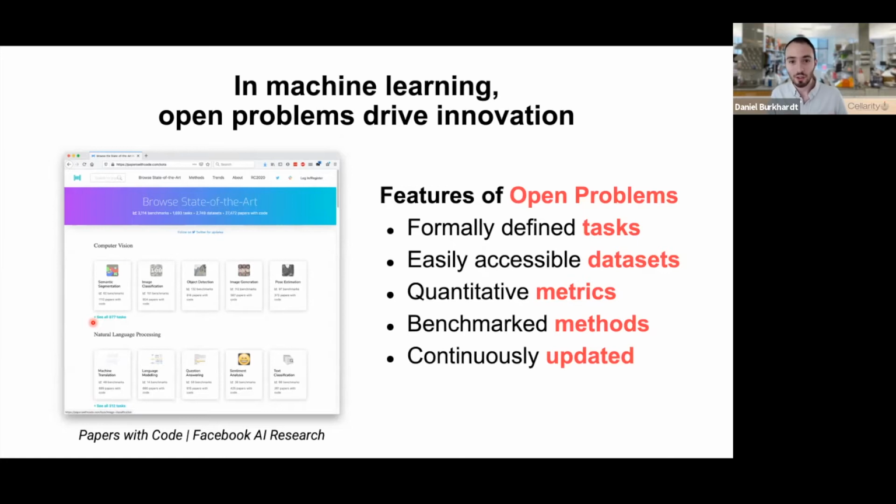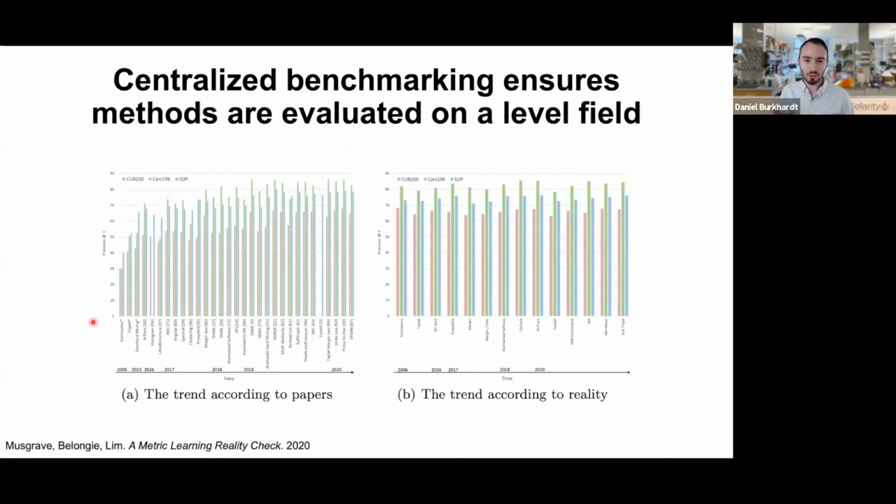Another interesting thing that we learned as we started to dive more into this space of machine learning is that there's a really crucial value to doing benchmarking in a centralized way. So this is a figure from a review last year of benchmarks in a field called metric learning, of which dimensionality reduction is a subset, and representation learning is kind of a general analog. And on the left, what we can see are benchmark metrics on 3 standard tasks over time, ordered by different papers. And if you just look at the average performance on these benchmarks over the past couple of decades, 15 years or so, what you see is that it looks like it's increasing on average.